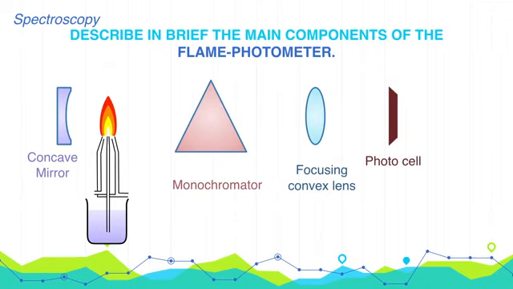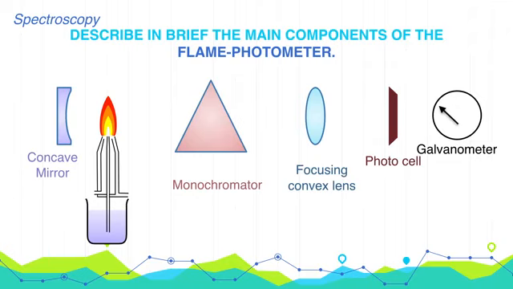Photocell. A beam from monochromator falls on the photocathode of the photocell. The current is recorded. The magnitude of electric current is directly proportional to the concentration of the solution. The photocell used is PMT or photomultiplier tube. And finally, there is the readout meter. This meter gives us directly the intensity of radiation which is emitted by the excited atoms when they return to the ground state. Let's discuss the working of this instrument.